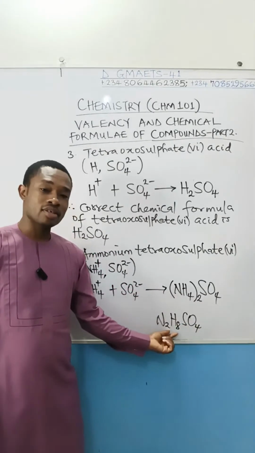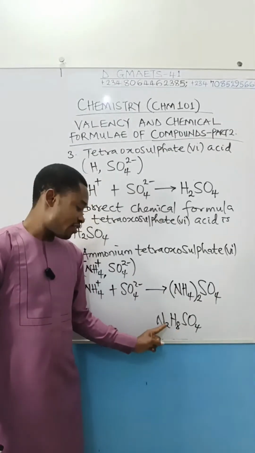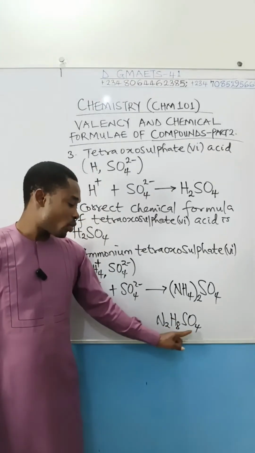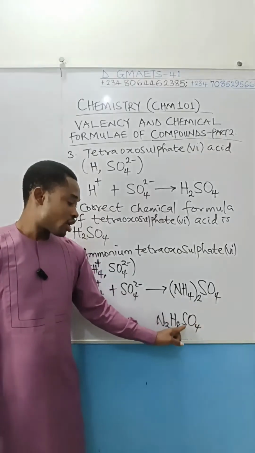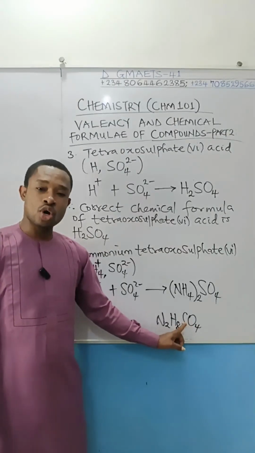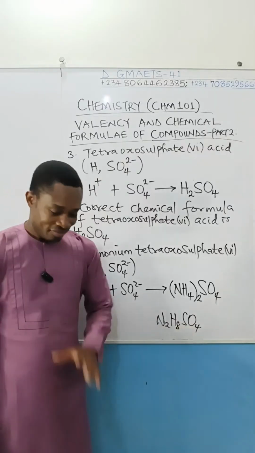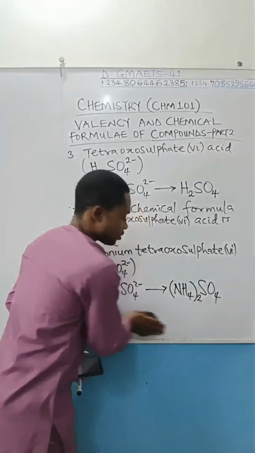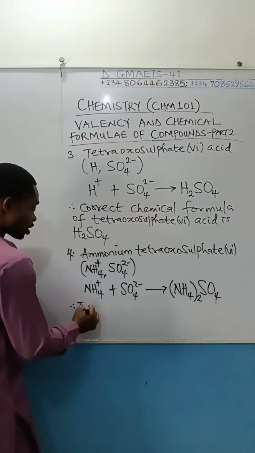Because even in this format, you observe that 2 is common here. So you can divide this by 2, divide this by 2. Somebody may wonder, but we have 4 here. Why can't we divide this 4 by 2? No, you don't do that, because 2 is not common with the other atom combined with oxygen. 2 is not there. I hope we are learning. Let me wipe this. We can conclude, therefore, the correct chemical formula